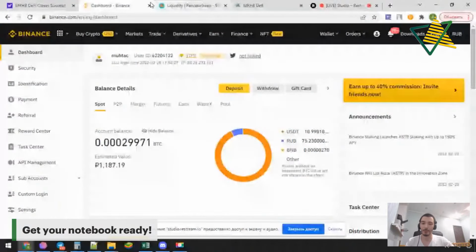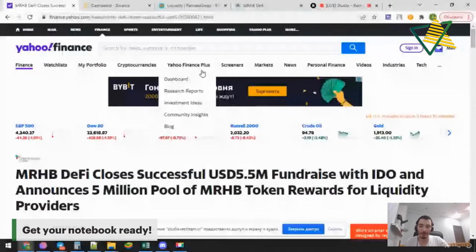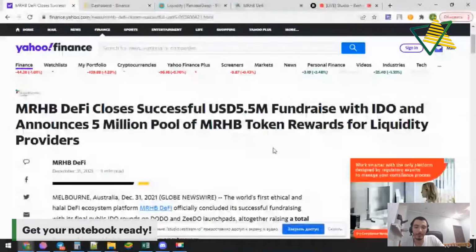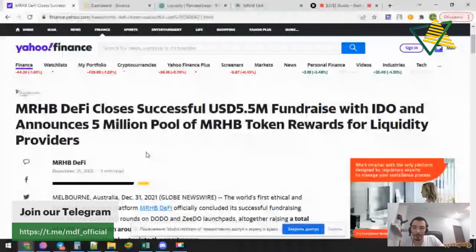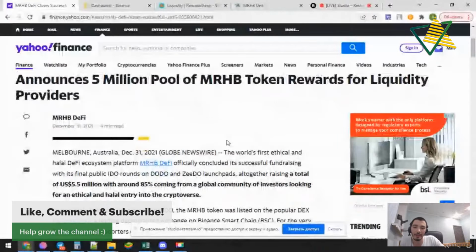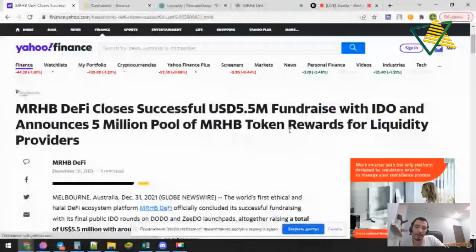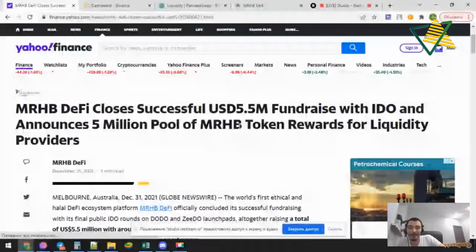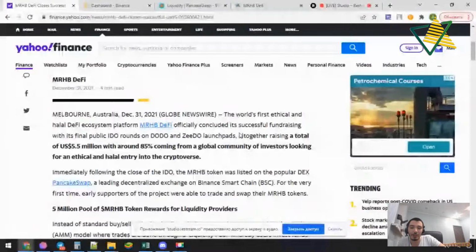So, we are going to start from this article that was shared on December 31, where MRHB DeFi announced that they give additional rewards as HIBA to the liquidity providers, because we appreciate the support of our liquidity providers, and it's a conditional gift.